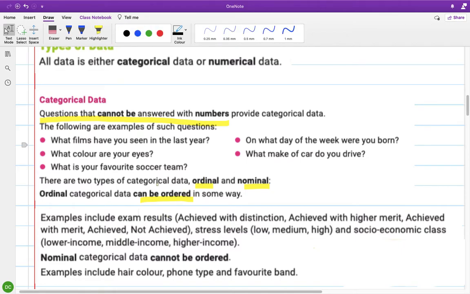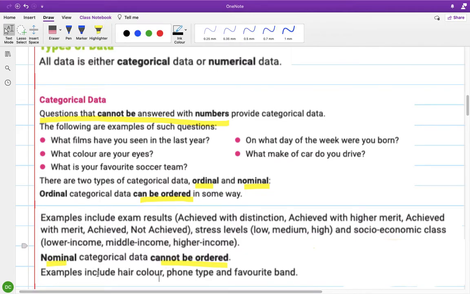So what did you get in your exam? You could say, I got a distinction, I got a higher merit, I got a merit. And if I as a teacher were to list all of the grades that I got in maths in the junior cycle last year, I would start with the distinctions and then I'd move to the higher merits and then I'd move to the merits and so on. Okay, you do it in order. Stress levels, what's your current stress level? Low, medium, high, or high, medium, low. You put them in order. Okay, nominal then